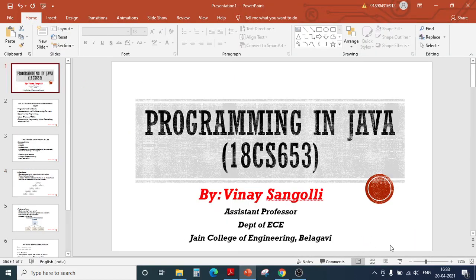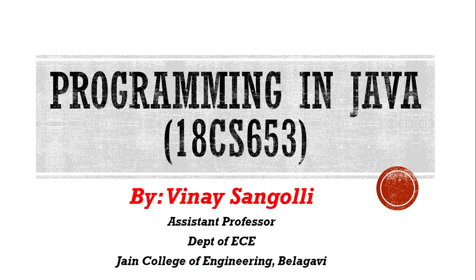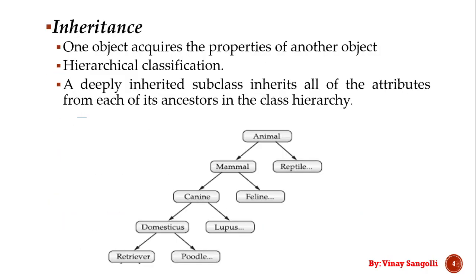So friends, in this video lecture, we will move on to the next OOP principle, which is inheritance. Now what actually is inheritance? As you might have heard many times, we say that he is inheriting the properties of his family, right? That means he is taking the characteristics which are already there in their genes or in their family. The same thing is true even in OOP, that is object oriented programming. That is, one object can acquire the properties of another object.